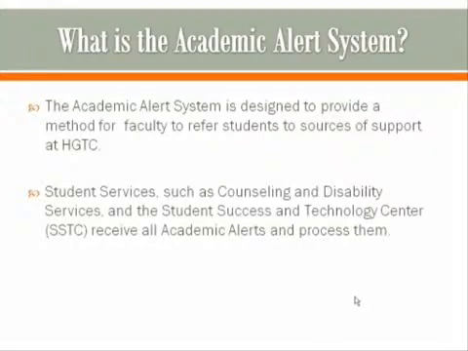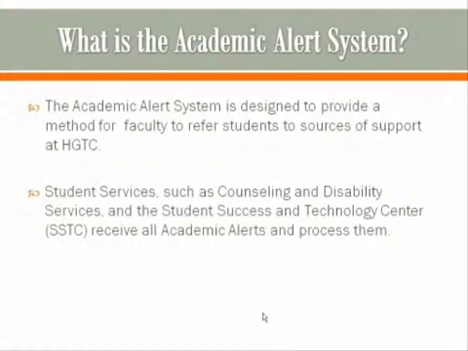Again, the academic alert system is a way that we can collaborate between the faculty members and staff members to refer students to additional support at the college. Certainly, faculty intervene in many ways with students who may need some extra support. But this is a way to connect students with other services such as counseling or disability services and tutoring support